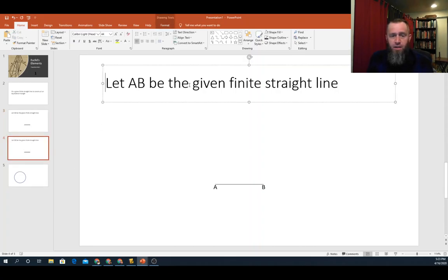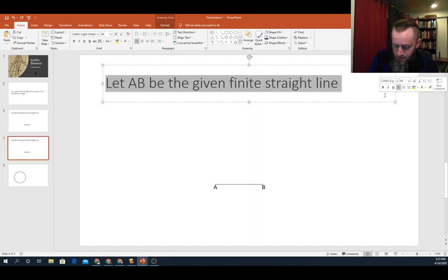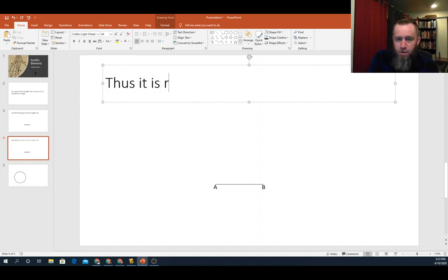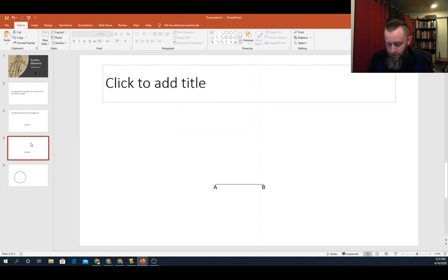and get a second. He says, thus, it is required to construct an equilateral triangle on line AB. So he wants us to construct an equilateral triangle on this line. All right. The next thing he says to do is with